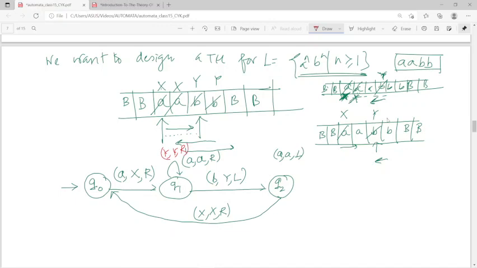কারণ এখানে ওয়াই আছে, এই ওয়াইটা পেলে আমি রাইট মুভ করব, এবং রাইট মুভ করে যখন ফার্স্ট বি পেলাম, রাইট? ফার্স্ট বি পেলাম তাকে আমি ওয়াই করে দিলাম, ওয়াই করে দিয়ে আমি স্টেটে এলাম। তার মানে আগে কিন্তু আমি এ বলেই শুধু স্কিপ করছিলাম, এখন কিন্তু আগে একটা ওয়াই আছে, মানে আমাকে তো আবার হেডটাকে মুভমেন্ট করে এটাকে খুঁজে বার করতে হবে, রাইট? এটা এক্স অলরেডি হয়ে গেছে, মানে এক্স পর্যন্ত আমায় মুভ করতে হবে, তারপরের এটা সার্চ করতে হবে, এটাকে আবার এক্স করতে হবে, then আমার ব্যাক করতে হবে।